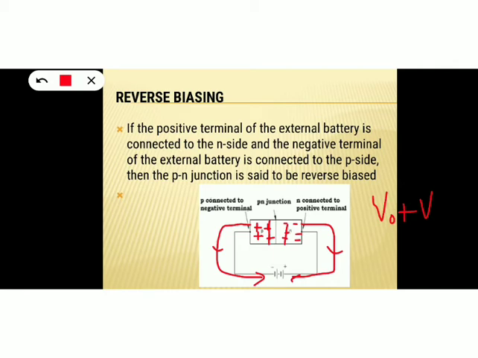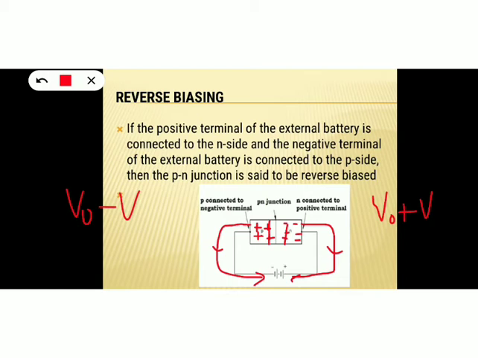But in the forward bias, the barrier potential is decreased like V0 minus V. V is the external applied voltage. So this happens during reverse biasing. The depletion layer width increases, electric field increases, barrier width increases, current conduction is less. So only drift current will be there, and drift current is negligible. You know that it's very small in value, and diffusion current cannot be observed during reverse biasing.